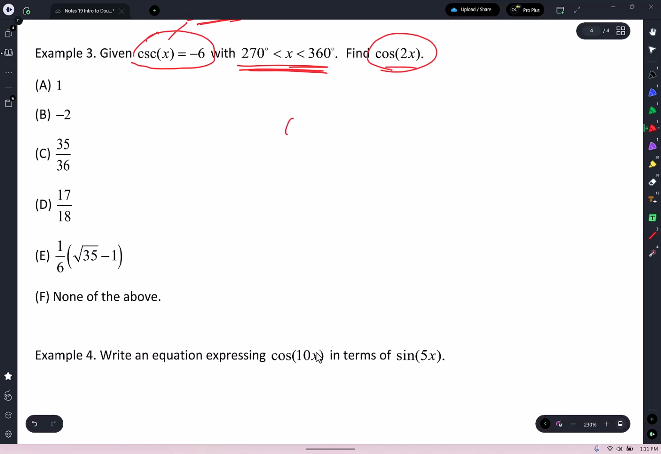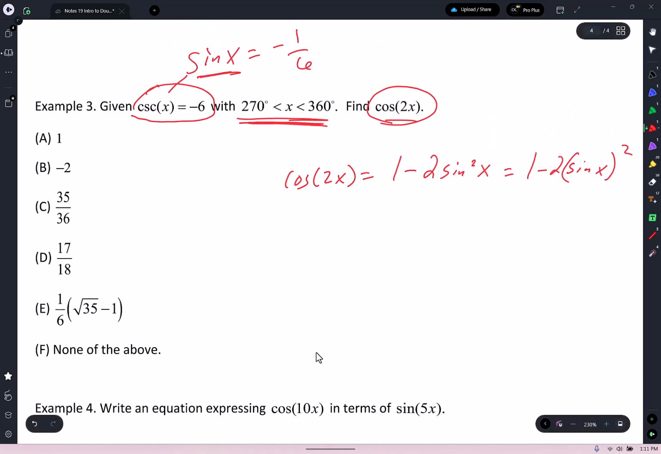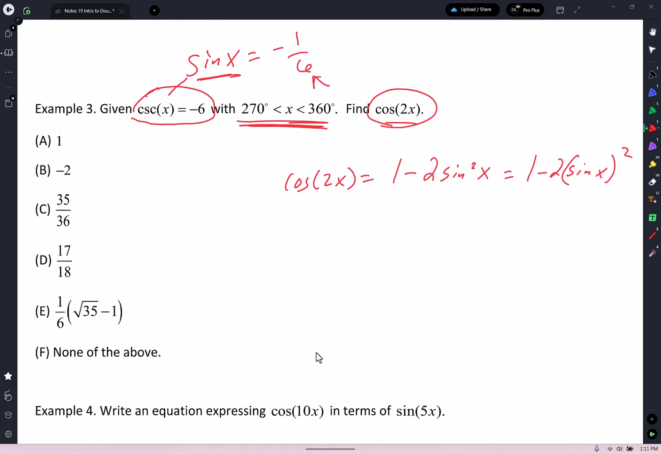So I can just go cosine 2x is equal to 1 minus 2 sine squared x. Remember what that means? It means this, 1 minus 2 sine x, and whatever that is, square it. And OMG, they gave me sine x. Not directly, but they gave it to me. 1 minus 2, open parenthesis, sine x is negative 1/6, close it, put a square on it. See? Parentheses, 1 minus 2, negative times a negative is a positive, so 1 times 1 is 1, and 6